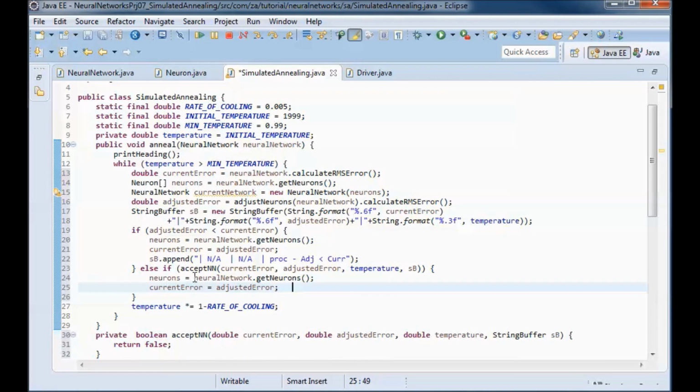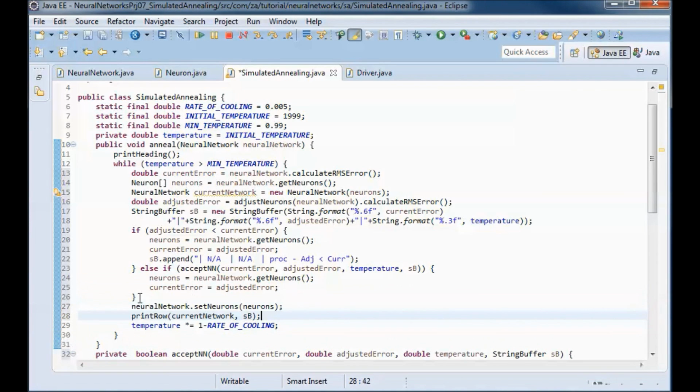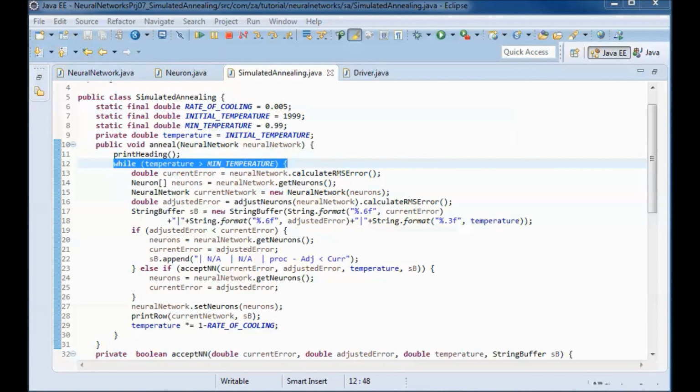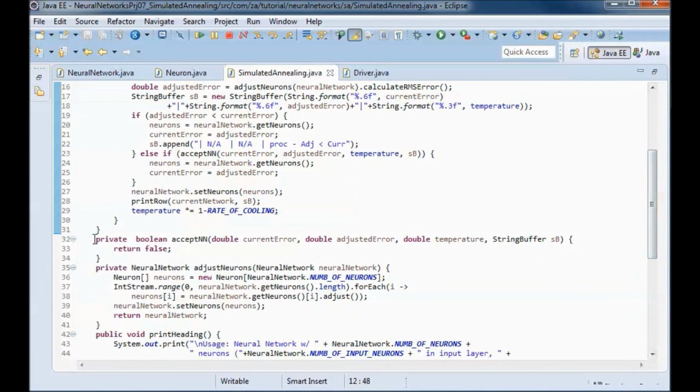So the neurons will be what's returned from neural network.get neurons, and the current error will be the adjusted error. And here I will set the neurons and print the current error, so while going through this while loop. And this will be the logic for this method.